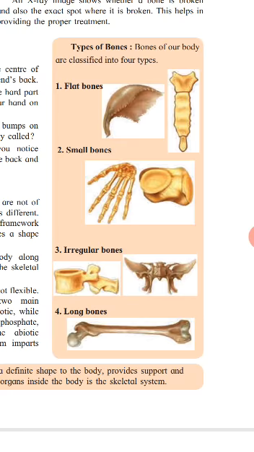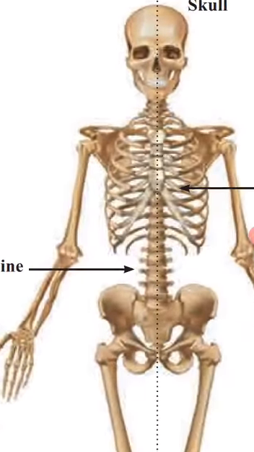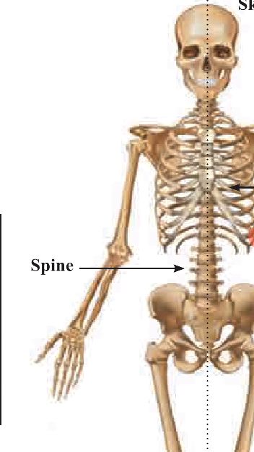The chest system, you can see here. The chest bone looks like a cage, so it is called a rib cage. It protects our lungs and heart. Do you feel some hard bumps on the back? What are they called? They are called the spine, or backbone. In this picture it looks like it is in front, but it is situated in the back. The backbone is also called the spinal cord.